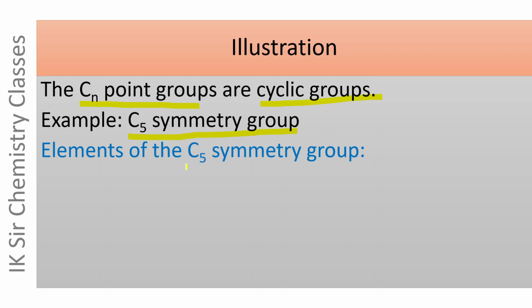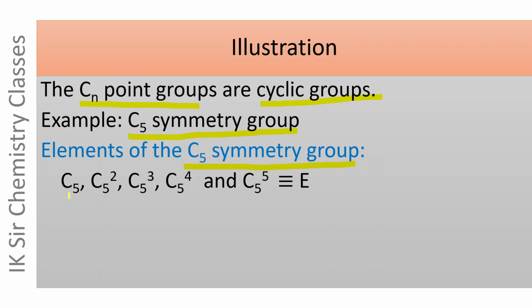The elements of C5 symmetry group are the symmetry operations present in this symmetry group, and these are C5, C5^2, C5^3, C5^4 and C5^5, that is E. These are the elements of C5 symmetry group,